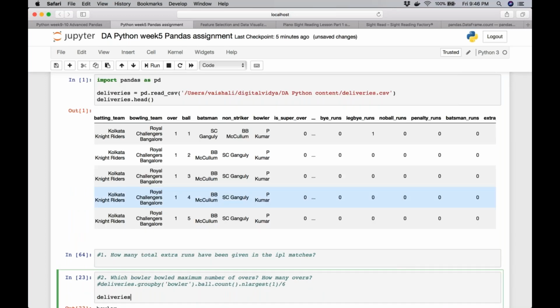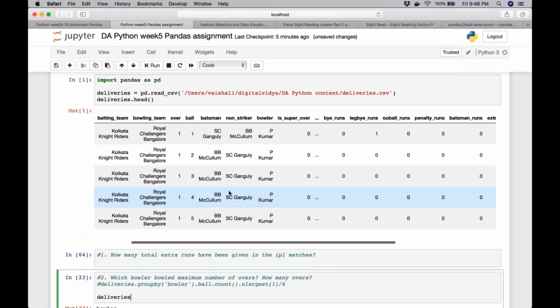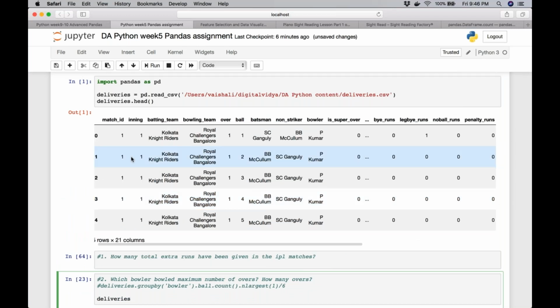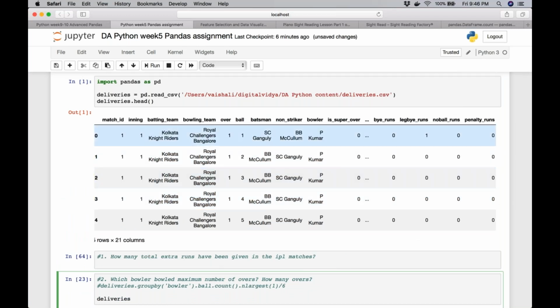Second approach, what can you do? There are unique match IDs and the innings. So we can do the grouping at a finer level. So we have the bowler.